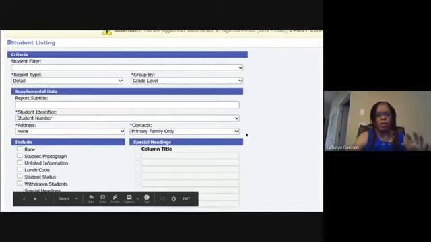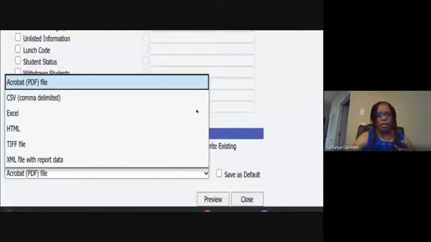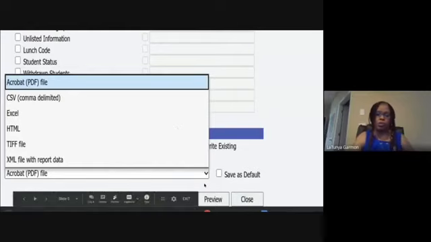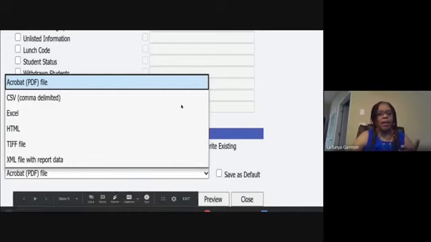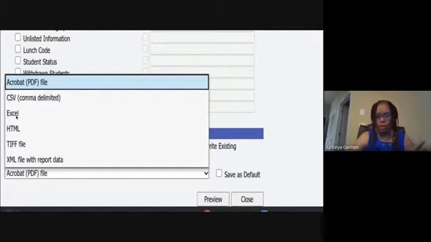So once you have set those parameters, then you're going to scroll down to the bottom of the screen, and it's going to give you the option on how you want to view your report. So you click where it says Adobe PDF file, and it's going to give you a drop-up menu, as I like to call it. And then you select Excel because you want this information where you can manipulate it. All right, so you click on Excel. Once you click on Excel,